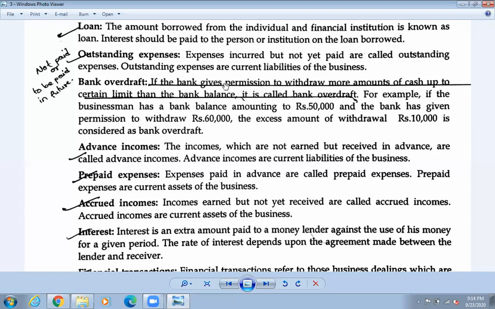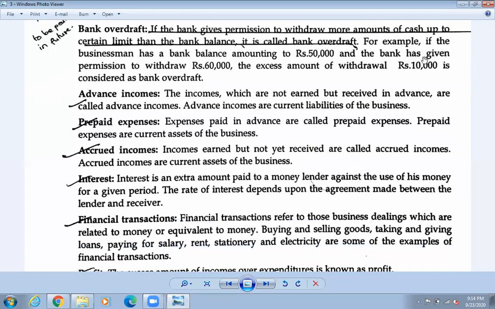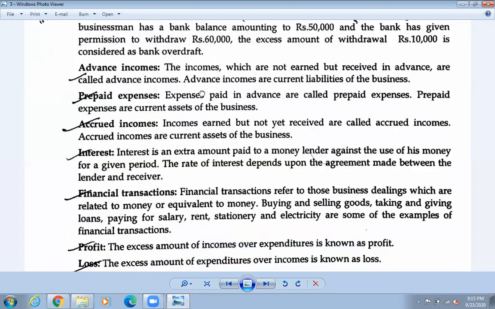Okay so if you have 5 lakh rupees and if you got the check of 6 lakh rupees then they are going to throw you out of the bank right don't do like that we need a permission we need a loan papers and all to get this permission okay कुनै दिन्छ सर सबैले दिँदैन कुनै देला to withdraw more amount of cash up to certain limit then the bank balance okay bank balance भन्दा अलिकति धेरै लिमिटमा पैसा निकाल्न दिन्छ भने that is called bank overdraft for example if the businessman has the bank balance of 50,000 rupees and the bank has given the permission to withdraw 60,000 he has 50,000 with him but the bank so good bank so they have given the permission to withdraw 60,000 so कति extra 10,000 extra is the bank overdraft okay bank overdraft